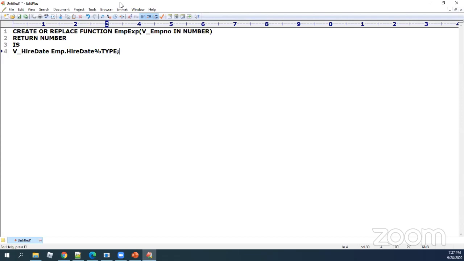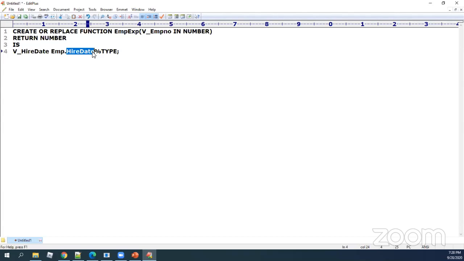With this declaration, I'm clearly saying that this variable within your function will contact the employee table, the hire date column existing in the backend of my SQL, and whatever data type it is, that data type will be inherited.